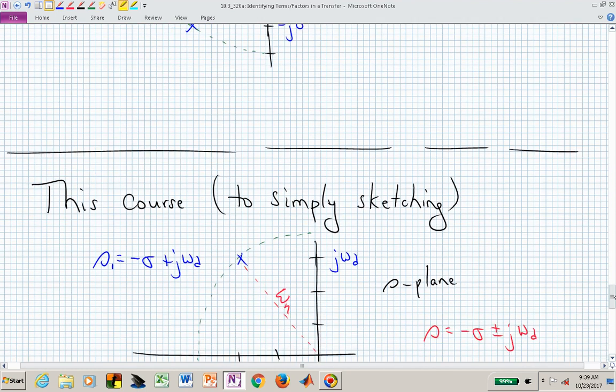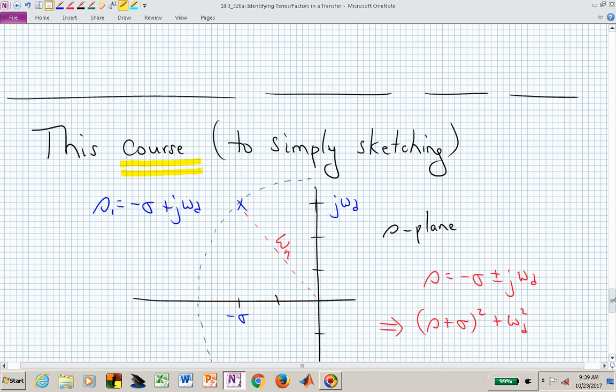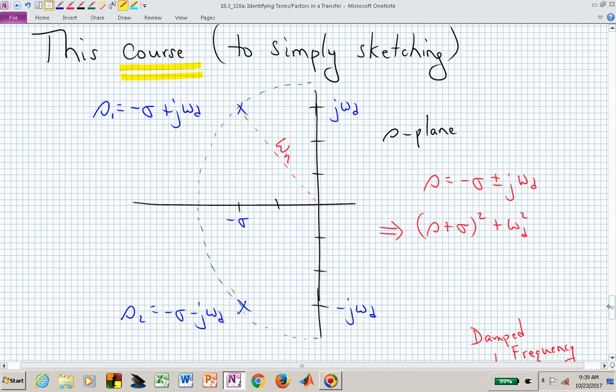In this particular course, I can't emphasize that enough, this is not really the correct Bode plot, but it's an approximation and it gives us a way to quickly sketch. And this is to simplify our sketching. What we are going to do is, starting with whatever poles we have,